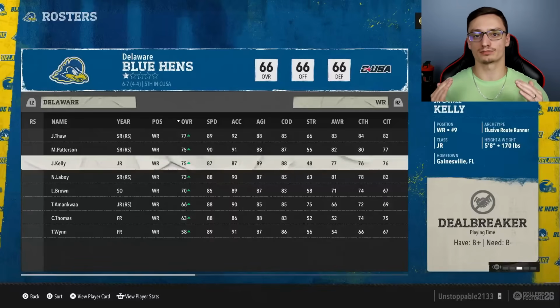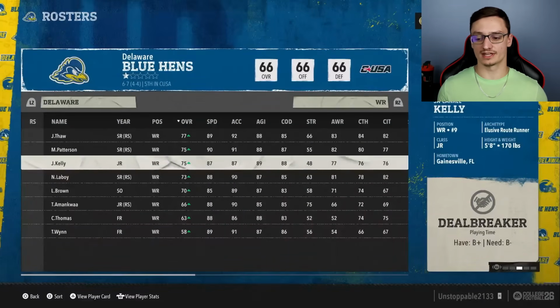So I like to personally upgrade my playing time players first in the offseason. I slowly upgrade them to just see where I can get them comfortably, that I feel like I can keep them over the course of the full season. I don't feel like I'm risking anything. And these are the guys, again, I try to focus more on the abilities rather than the actual overall attributes. Because